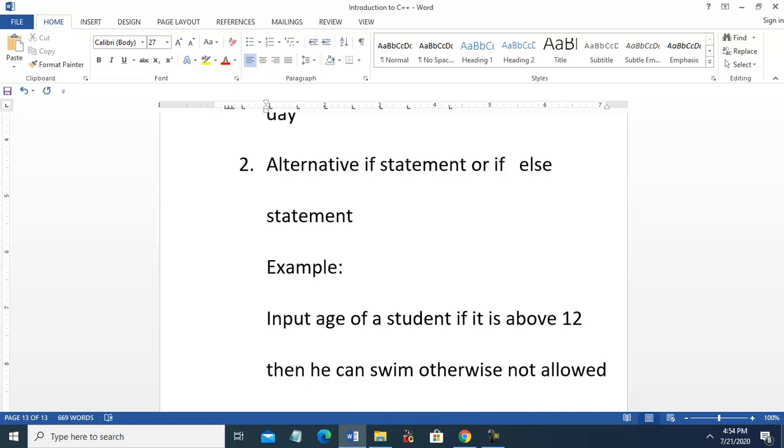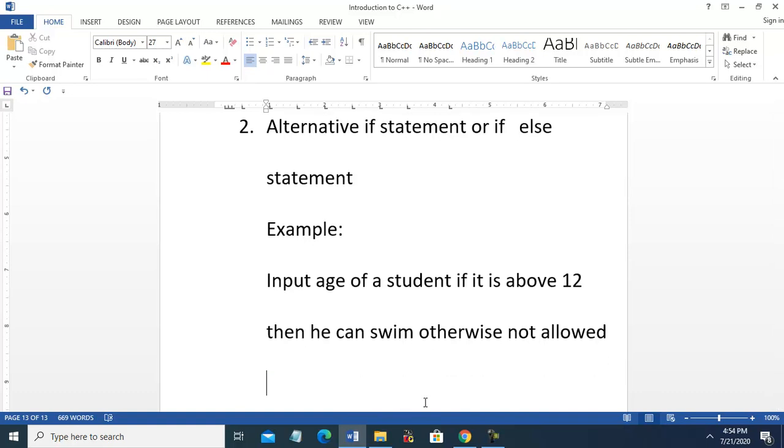Okay, if they are above 10, then they are allowed. Or they say if their height is 90, 100, then they are allowed, otherwise not allowed. So like this, when there are only two conditions, we will use this one. Okay, so how will we use it?